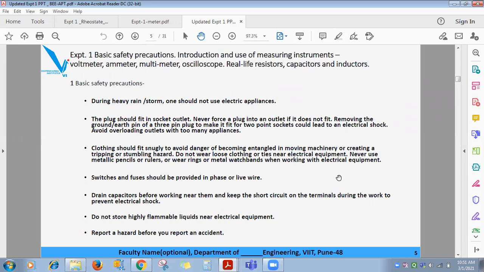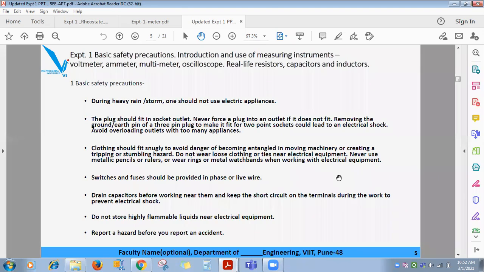In detail, we are going to see fuses, MCB, its types, construction, working principle, and how it operates in case of overload and short circuit in the second experiment. Right now, all of you keep in your mind what the application of fuses and circuit breakers is: in case of overload and short circuit, they make the circuit open.